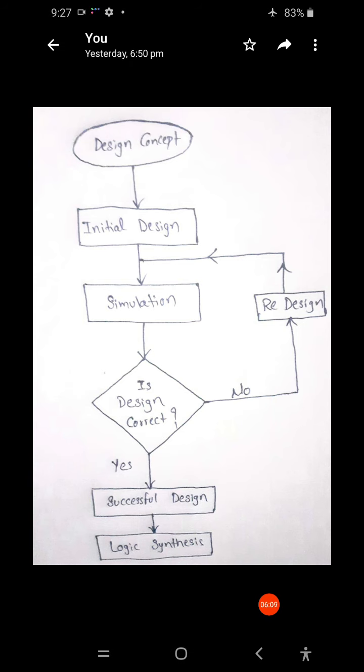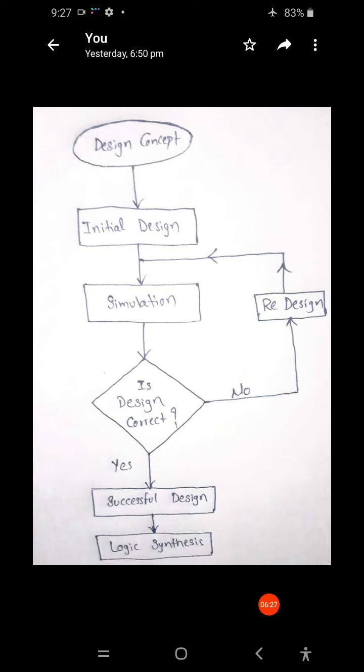It is also called verification. Here we check whether the designed circuit functions as expected or not. The VHDL code can be simulated by using test benches. Here the test benches automatically apply the inputs and compare the outputs with the desired outputs.